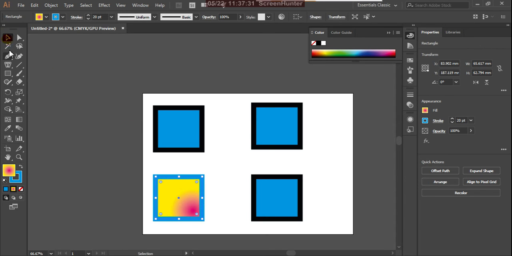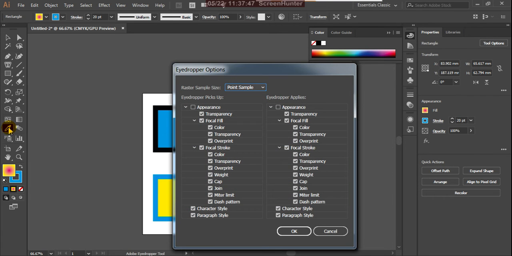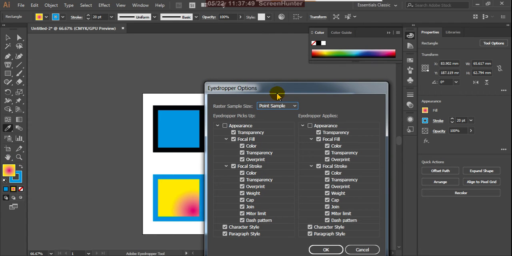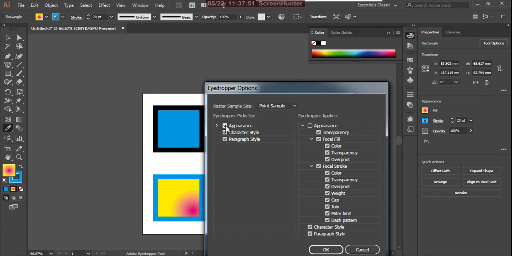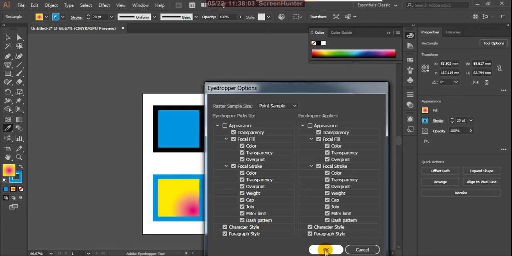it is not selected. Here some changes you have to make. Suppose double click on that tool, the appearance options are there. So the transparency, everything, give the tick box.